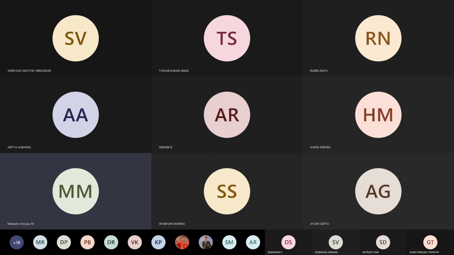So yesterday we were seeing singularities. We saw different types of singularities. What are the different singularities we saw? Isolated singularity, removable singularity, essential singularity. Other than that, poles. Okay, poles is also one type.